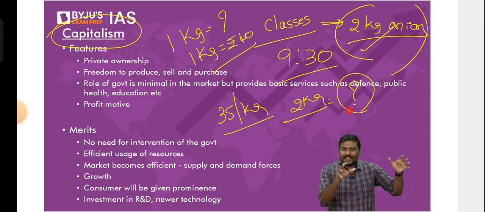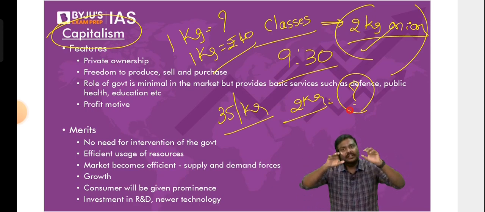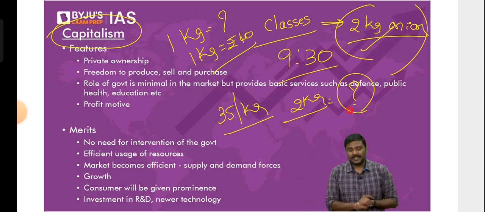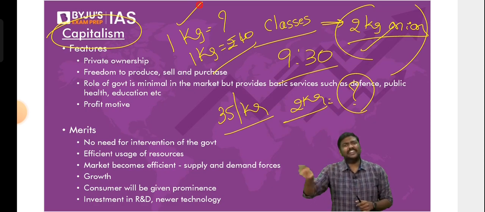So the idea is simple here. The sellers and buyers will talk to each other, negotiate with each other, and arrive at an agreement. So the role of the government should be minimal. The market will keep on correcting itself. But please understand, some of you may say, so what if the market starts dictating terms? The market will start dictating at what price I'm supposed to purchase.